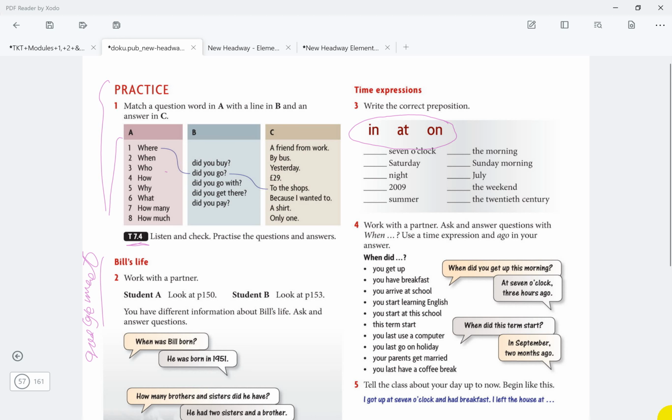We can use, for example, at for small or surrounded places, and then on for days, I mean Sunday, Monday, etc. and for larger